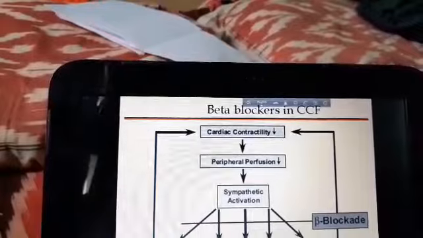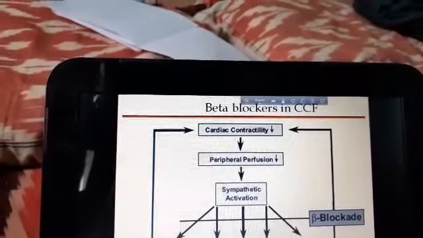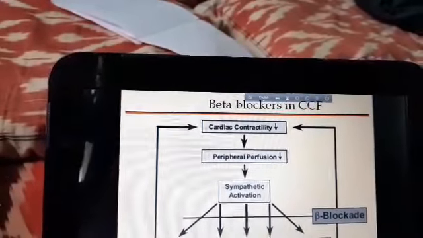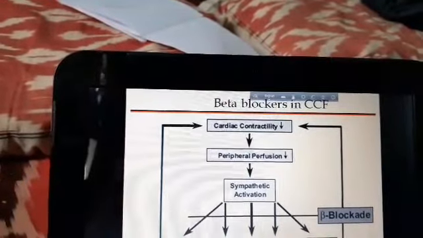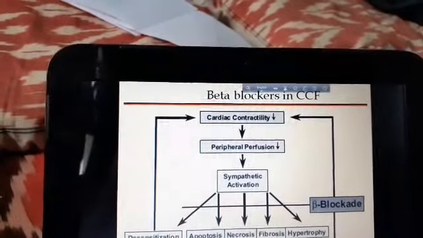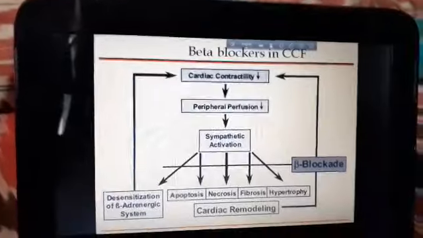Digoxin and diuretics do not have a mortality benefit. That means a mortality benefit is seen only when we have some effect on remodeling. Only salt and water excretion, or only increasing cardiac inotropy, will not give you much benefit. Whereas cardiac remodeling prevention, as done by the beta blocker, ACE inhibitor, ARB, and aldosterone antagonist, will improve